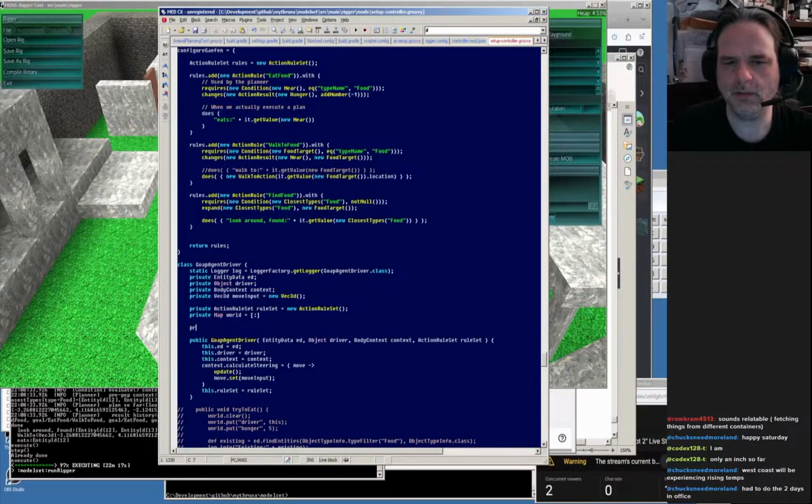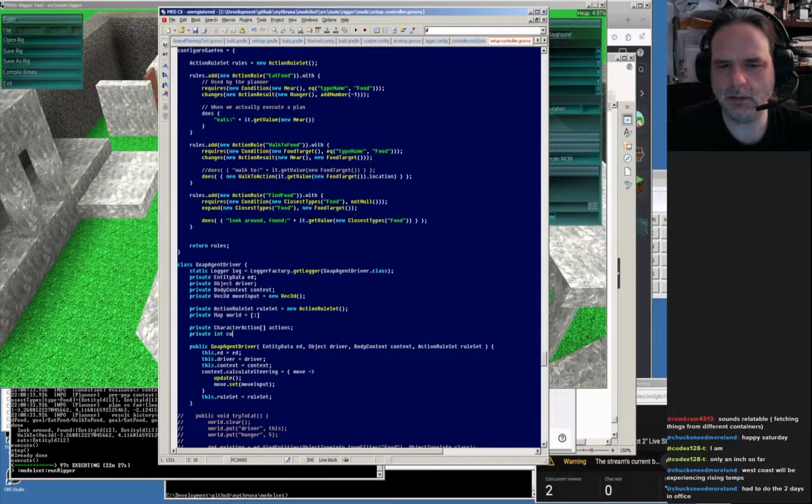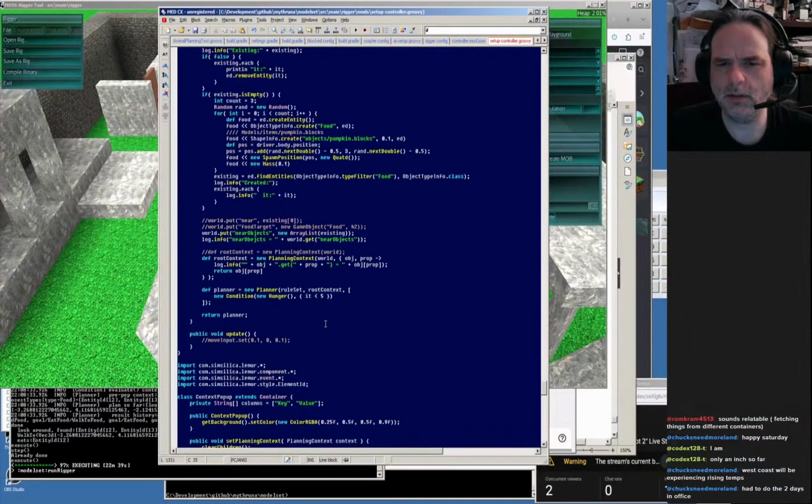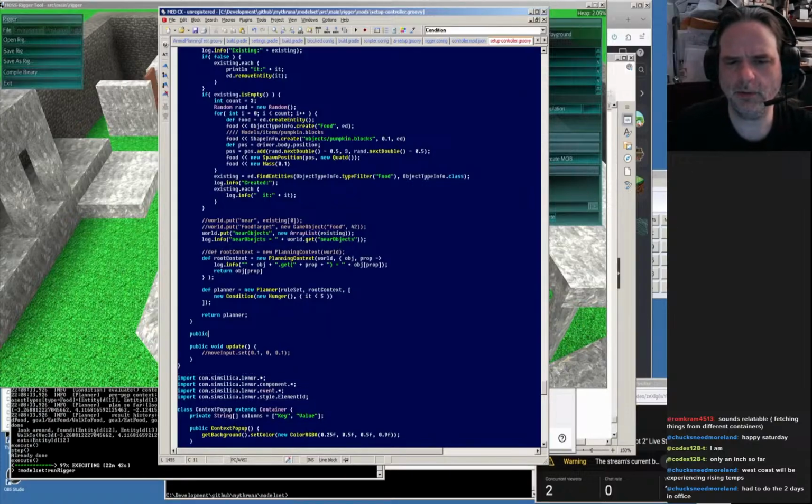So let's say character action plan or actions, and then int current action equals 0. And then we'll say public void execute list plan,